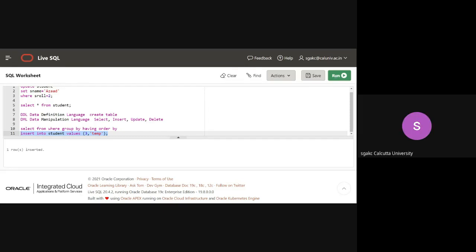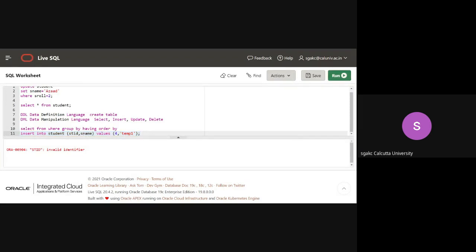So sometimes, so that you don't run into this kind of problem, you can mention the order in which you are inserting the values. So if I make it like this, let's say, I can mention the name of the column. So I can write sid and sname, like this. And let's say I change it again to 4 and temp1. So now if I run this,